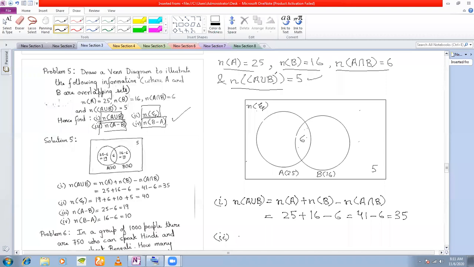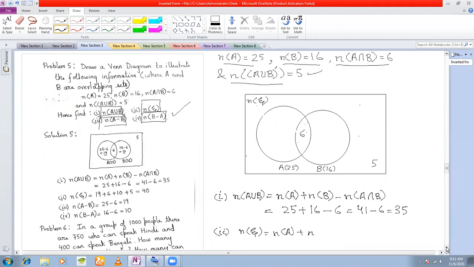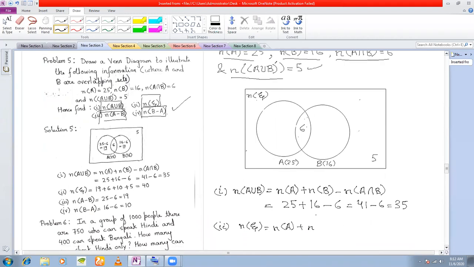Sir, cardinality of A plus cardinality of A intersection... No, complement. Hmm. But where is the complement? Sir, on the left hand side. Do I know this side, this complement here? Do I know the complement here? A complement, do I know? No, sir. Then how will I find out the cardinality of xi?